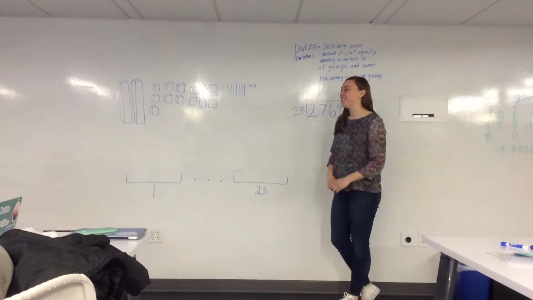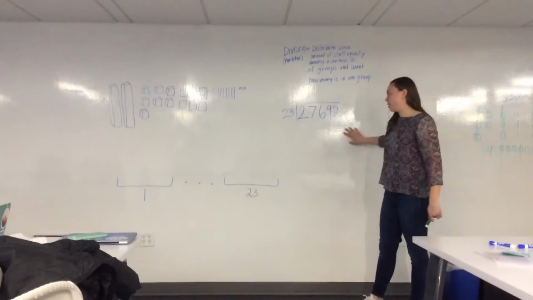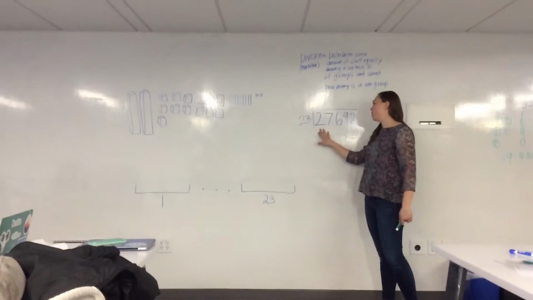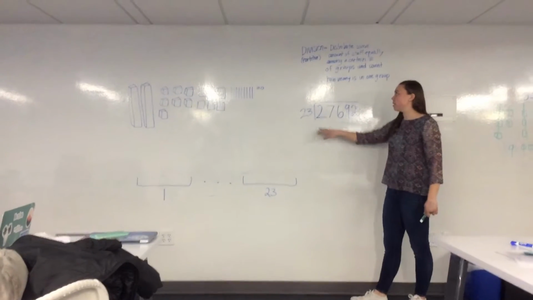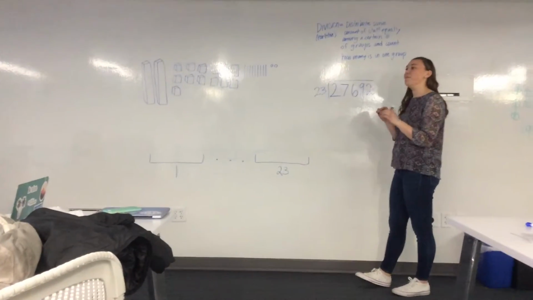Hi everyone, today we are going to be working on integer division. So what we call this is long division. So our example problem is 27,692 divided by 23. First, let's start by going back to the meaning of division,